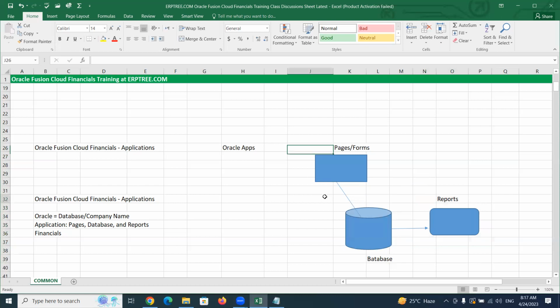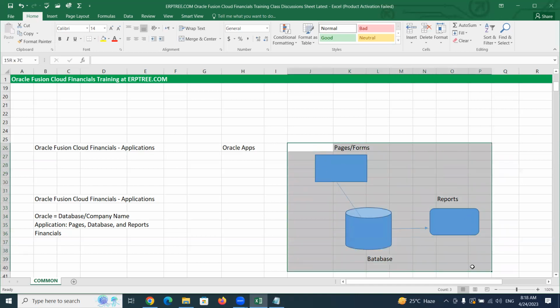So the combination of database, pages, and reports we call an application. This is the meaning of application. Application is the collection of these components: database, pages, and reports, all put together. The application is named after the company that developed it.